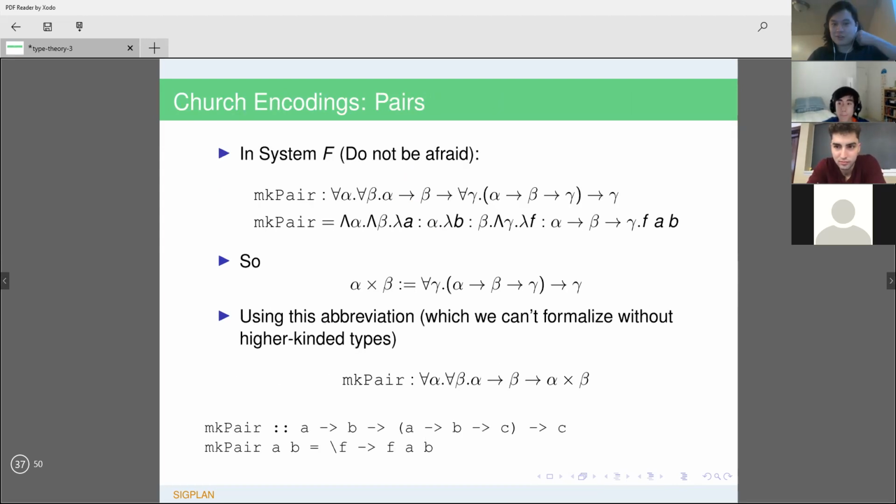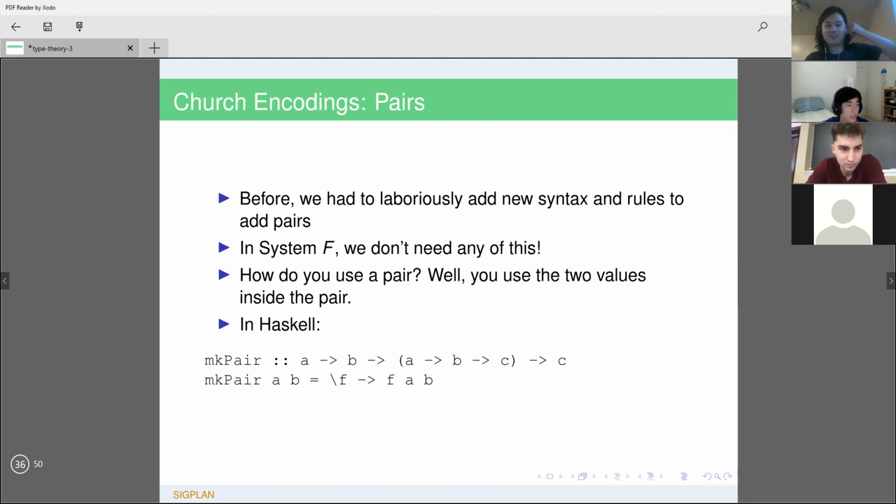Okay, so I will introduce this, I guess. Before we spend time adding new typing rules and evaluation rules to have pairs, our type system and language are now strong enough that we can define pairs in the language without adding anything new. So following our vague principle, you should define these things so that a value of type pair is a function that describes how you use pairs. So the way you use pairs is you